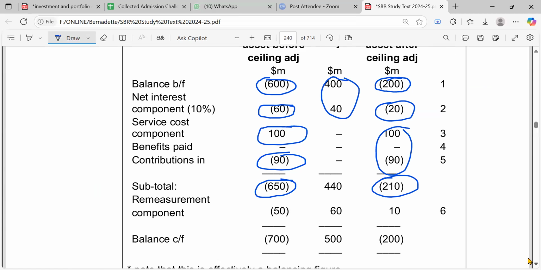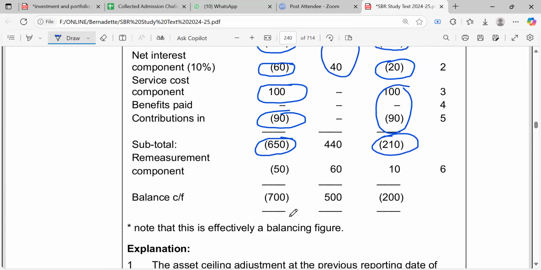So as usual, for this remeasurement component, I told you, you leave it as it is, and you go to the last balance. This should be the balancing figure. So you go to the closing balance. We saw about it already. The difference was 700, right? It was 3100 minus 2400, right? You compare to 200. 200 is still lower. So our figure should not be 700. We cross it and we use how much? 200, right?